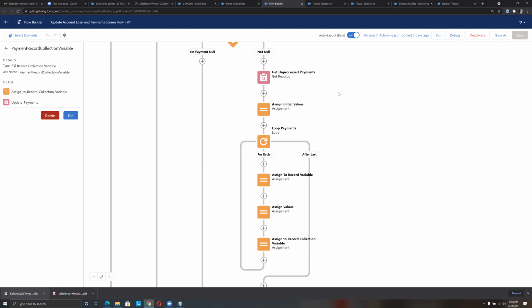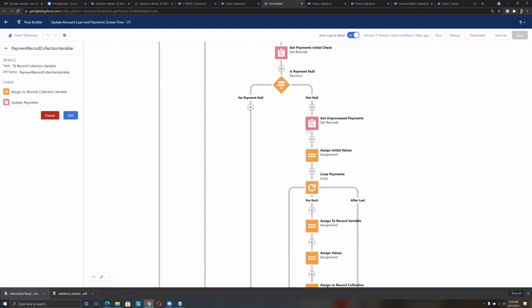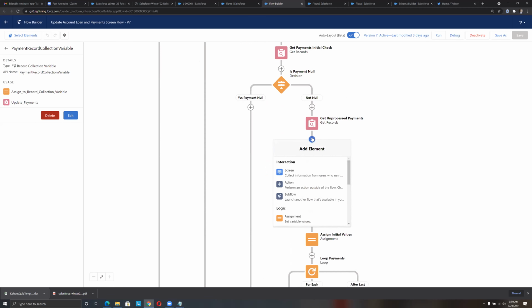But there's another question as a follow-up to the previous question. What about the fault connector? Couldn't we use that to handle the error? Yes, I mentioned that one. You can use the fault connector to handle that kind of stuff. The fault connector is related to one element only. So your fault connector is made available depending on, I'll show you, for example, in your get step, if you want to use a fault connector,